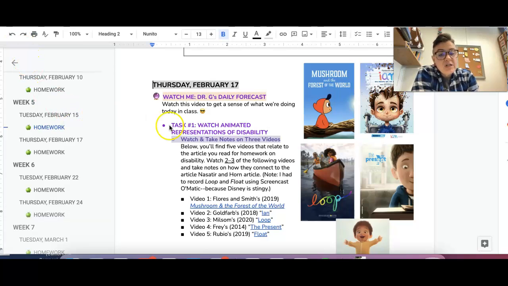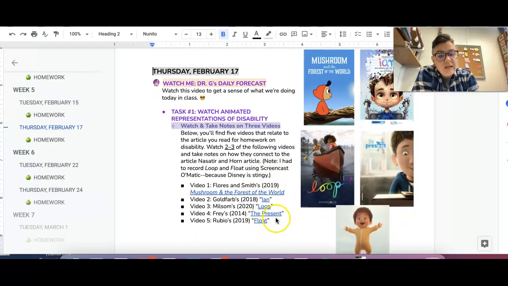And so what I want you to do is watch 2 to 3 of the following videos below. And as you're doing it, take some notes on specific connections that you see between the piece that you read for homework and what it's talking about in terms of addressing disability as an aspect of diversity, right? And so I want you to notice how these films are representing diversity. Sometimes too, keep in mind, and this is the hallmark of a savvy